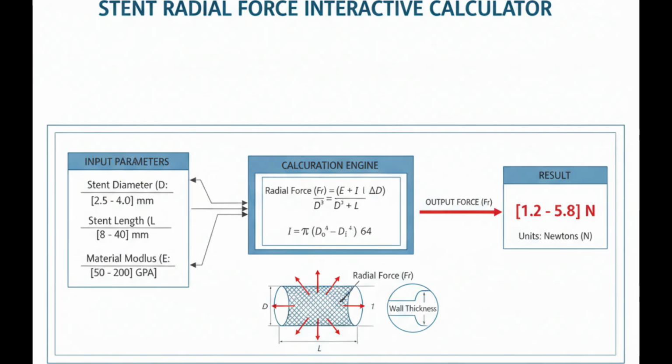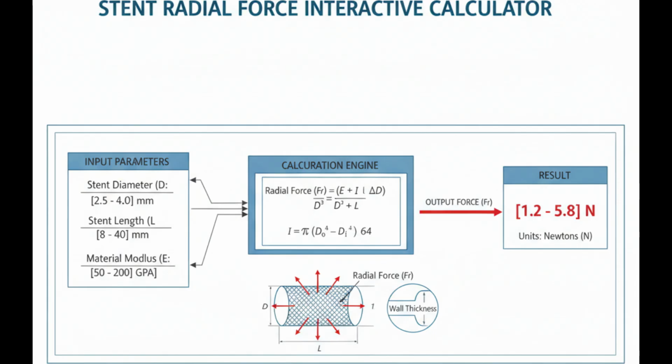Strut thickness 0.120 millimeters, strut width 0.100 millimeters, nominal stent diameter 3.0 millimeters, number of crowns 6, elastic modulus 196 gigapascals, radial deflection 0.30 millimeters, target radial force 0.50 newtons, crown angle 60 degrees, vessel diameter 2.7 millimeters, and deployment